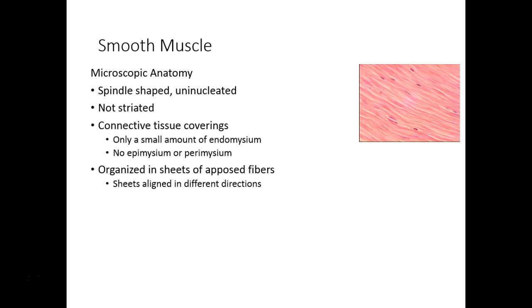Also, your smooth muscle tissue is uninucleated, so only one nucleus per cell. You do have some connective tissue coverings, though not the epimysium or perimysium that we saw in skeletal muscle, and your smooth muscle tissues are aligned in sheets of opposed fibers. So one sheet will have cells running in one direction, the underlying sheet will have cells running in another direction. So these sheets of cells are going to be able to contract and move things throughout the body rather than